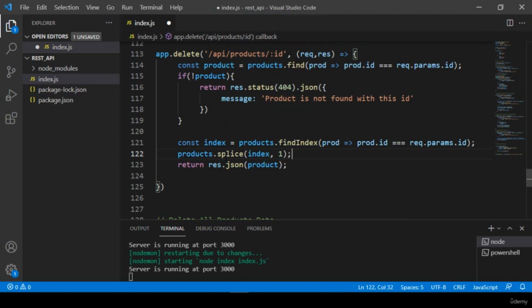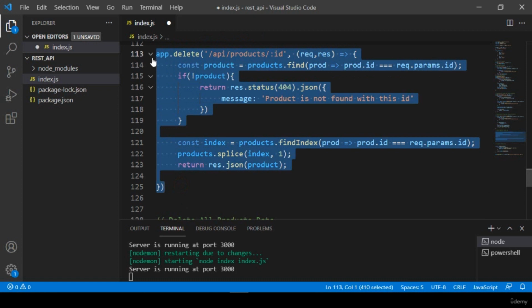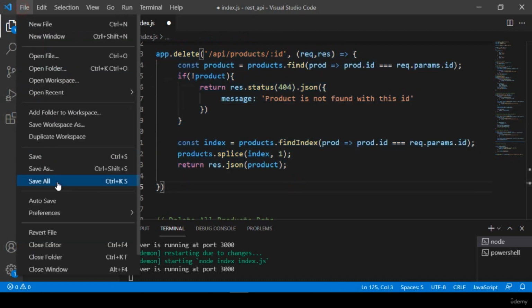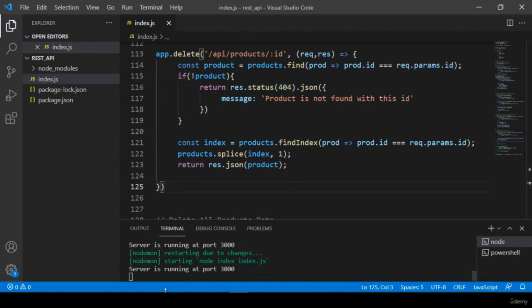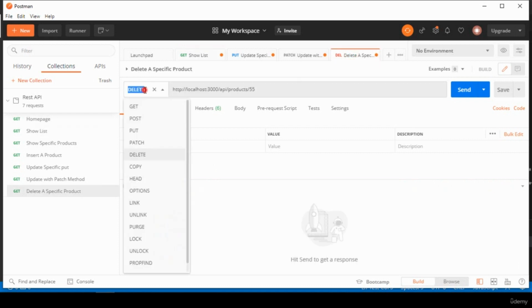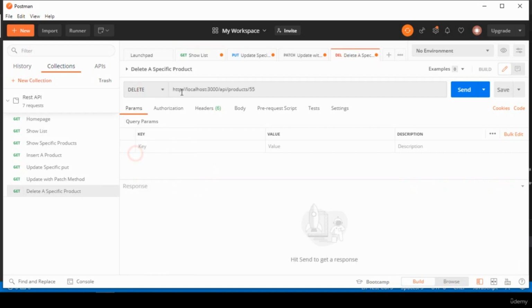Great. I hope friends every part is very much clear to you. So that's all you have to do. Now let's check this out. If you now click save all, server is now running. Right now I want to delete the ID 2 data. Okay, so that is our delete method. Our delete method is selected and our URL will be the same, and here I want to delete the ID 2 data. Okay, so if you make it 2, and now if you click